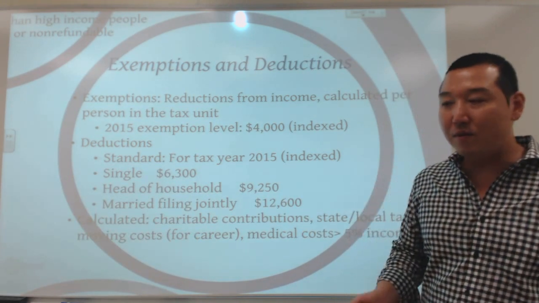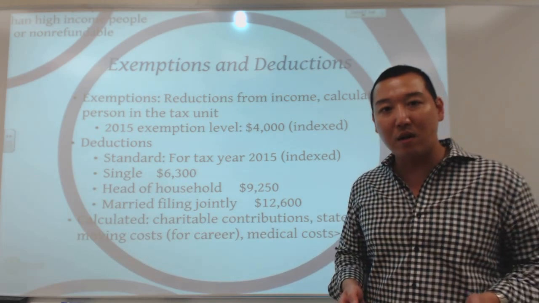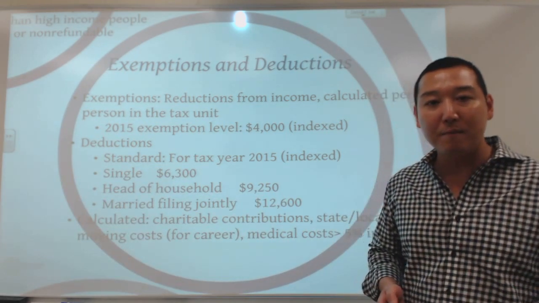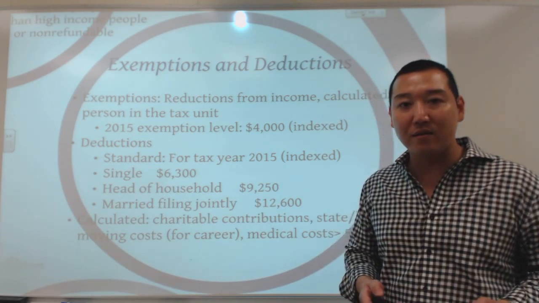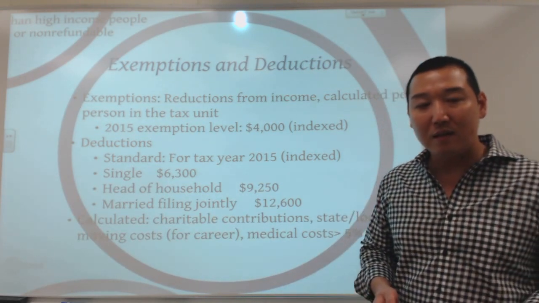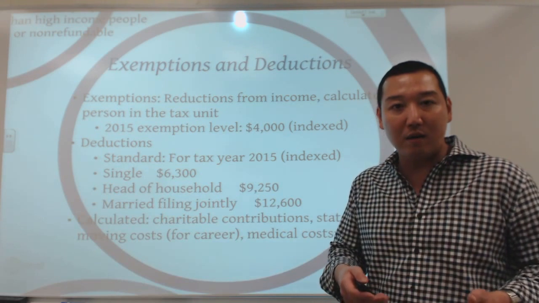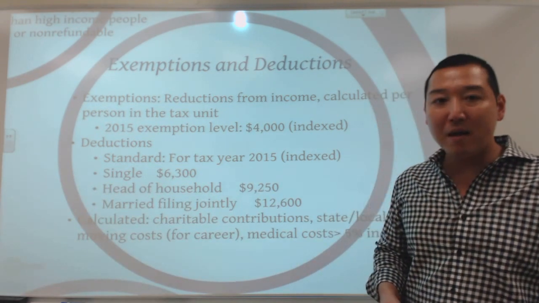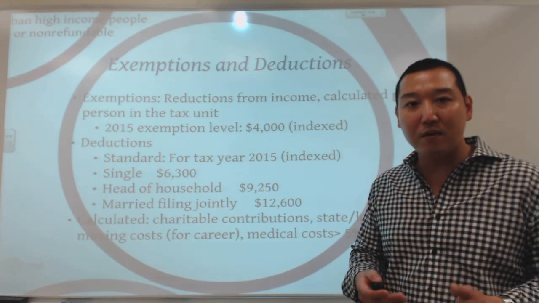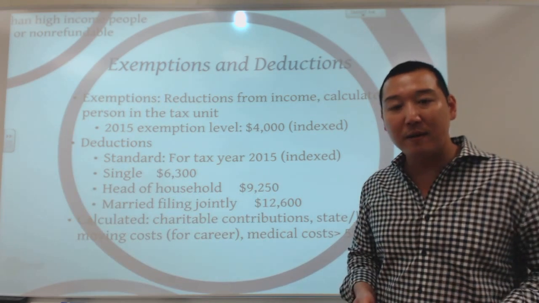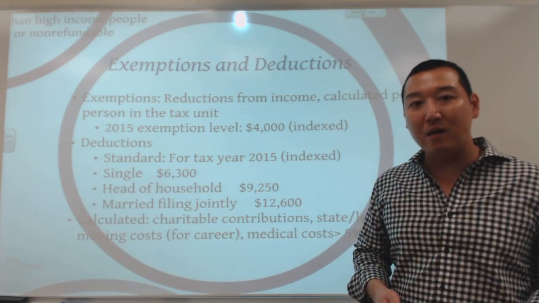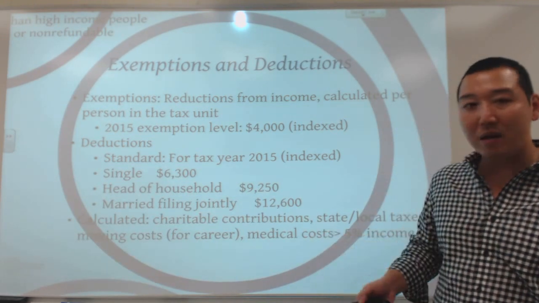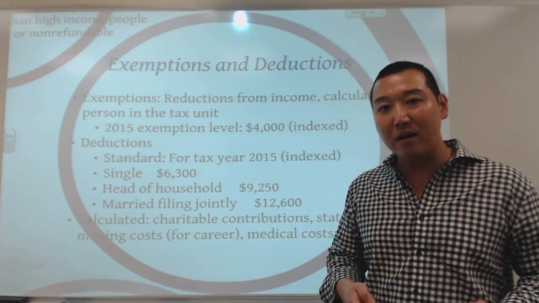And so I've noted a few examples here. So things like charitable contributions. If you've made a donation to a 501c3 entity, that is a nonprofit organization, in the last year, you may be entitled to a calculated deduction, or a tax write-off, in other words. And then medical expenses, moving expenses, there are different classes of expenses to which you might be entitled to greater reductions in your taxable income than what might be allowed under your standard deductions